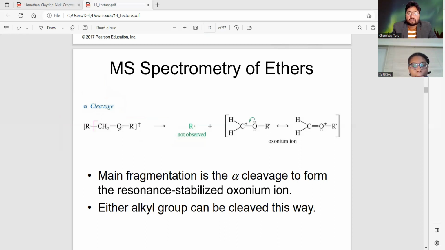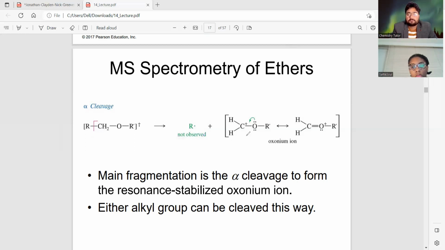What is alpha cleavage? The carbon next to the oxygen is called the alpha carbon. In alpha cleavage, we are breaking the bond at the alpha carbon. If I am breaking this bond, what will happen? This alkyl radical is going to form, which is not observed in the mass spectrum, while the other fragment, which is the dominant fragment, is known as the oxonium